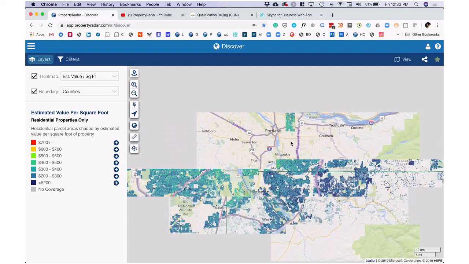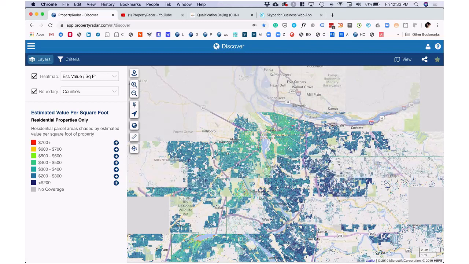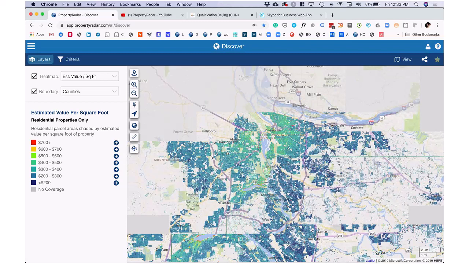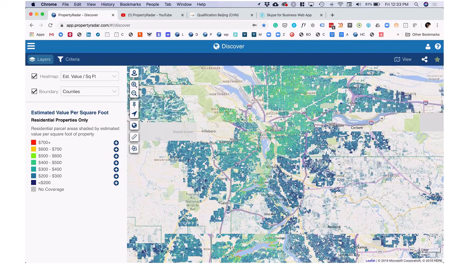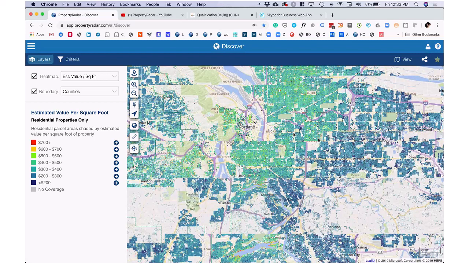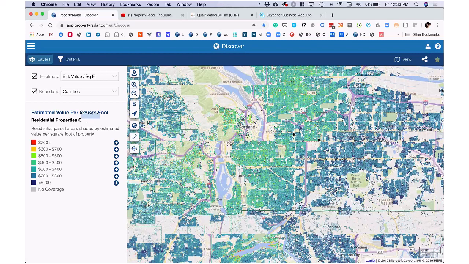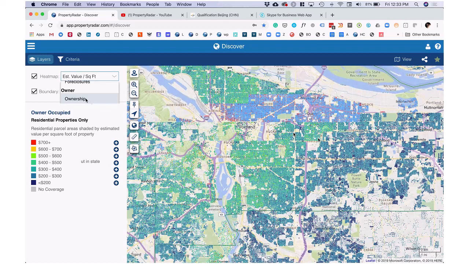My mouse on my laptop and the screen is going to be touchy, so apologize for that. I don't know much about Portland, but right away you've probably got a hyper-local market that you care about, right? There's a very specific section that matters. And let's find out where, red is my non-owner occupied.